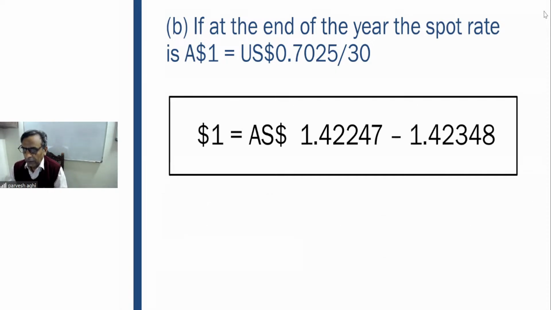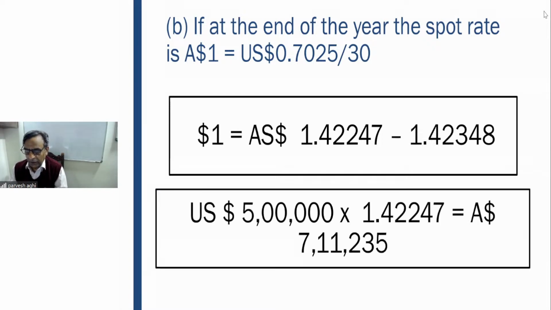So we will get this quote. Okay. So $1 will be equal to this. So this is the spot rate after the end of the year. And then we can apply that, and calculate how much will be his receipt. So he's going to get Australian dollars